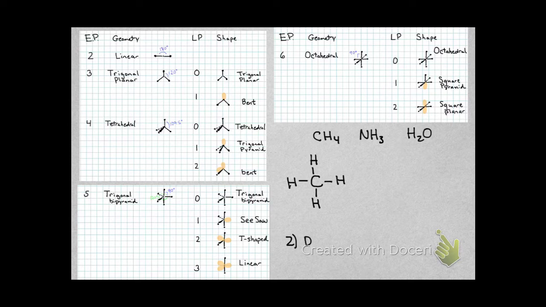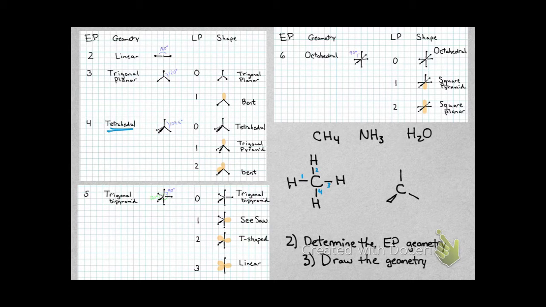Now, the second step is to determine the electron pair geometry. So if we look at our table, we have 2 through 6. The molecule with carbon as a central atom has 4 electron pairs around the central atom, and they're all bonds, 4 bonds. So under electron pair geometry, we have tetrahedral,